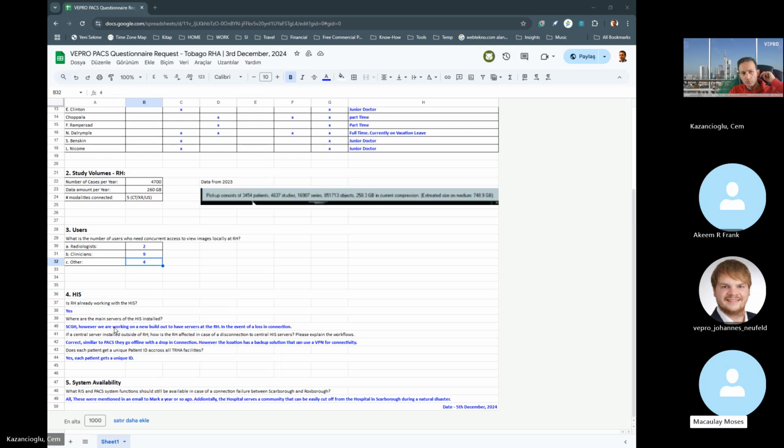Because the honest truth is, when Scarborough goes offline, doctors who wish to read studies or operate the PACS cannot access any services either. So how do we add redundancies to the solution that would, one, ensure that the data residing at Scarborough is available in the event that Scarborough has a catastrophic failure or goes offline for a long period of time? And secondly, how do we allow the staff at Roxborough to continue to